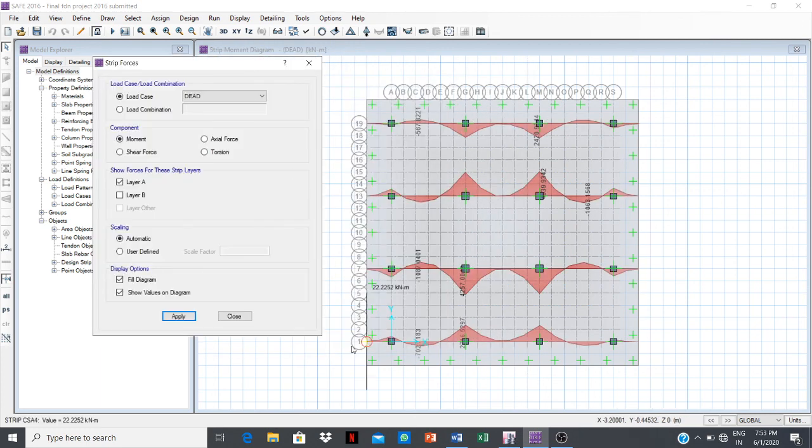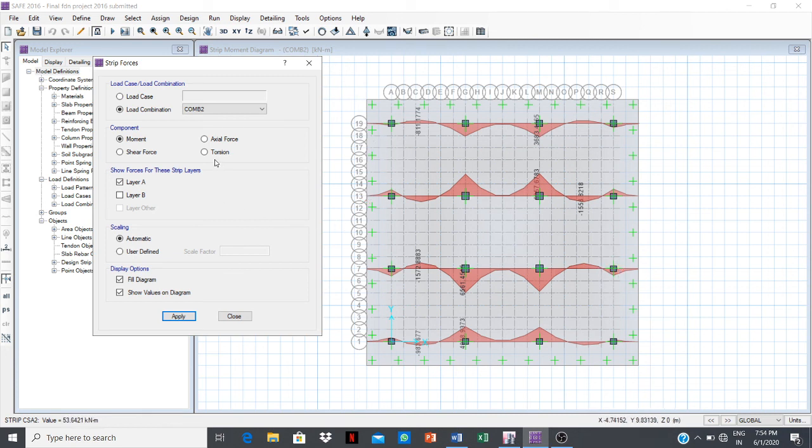Here is the moment as shown for the load case dead load, and likewise we can change to live loads. For live load these are all the values. For load combination 1, these are all the values, and likewise for combination 2 we can see all the values